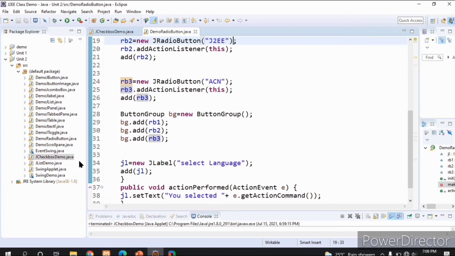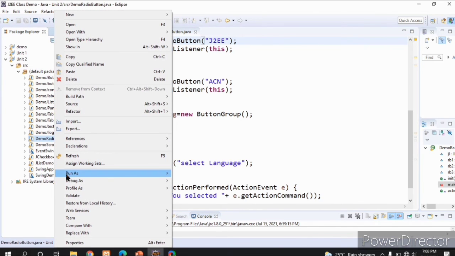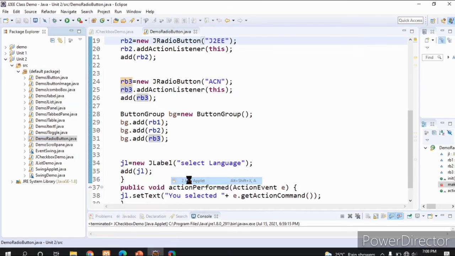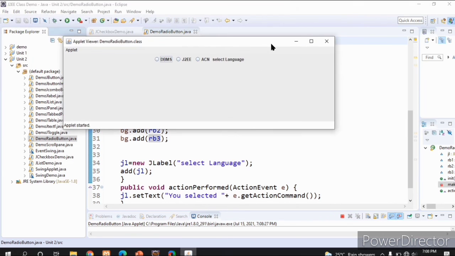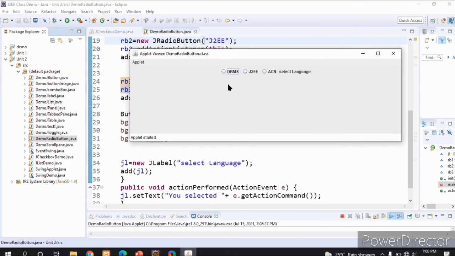Now we will execute this. See here. First I will click on J2EE. It will display You selected J2EE.